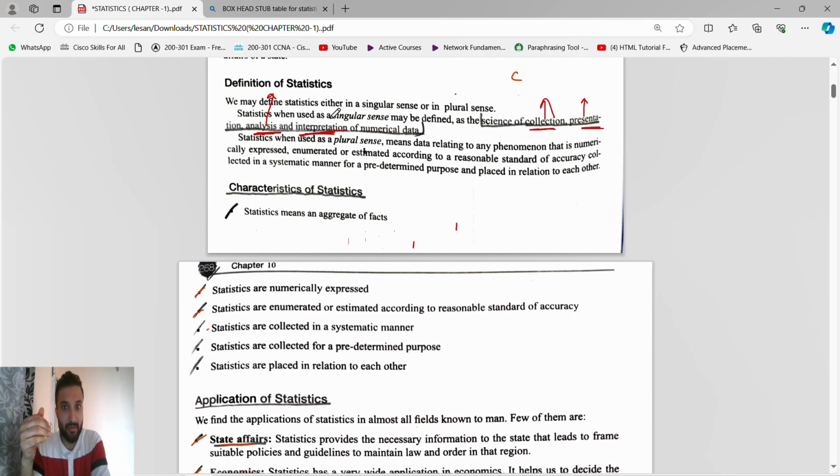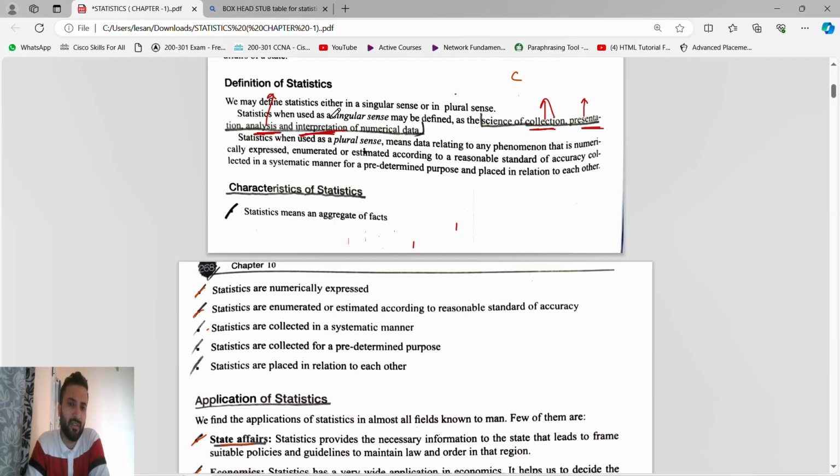You will do analysis: how far it is, how many days it will take, what budget it will come under. Because you have 4 days of holidays, and if you go to a far place, it is a waste. With 4 days of holidays you can go to a nearby place, enjoy 1 or 2 days, then come back. If in 4 days of holidays you went to Dubai, what will happen? Nothing, right? In 1 or 2 days, what will you visit? So according to the days you will plan, and then interpretation means you will go, enjoy, and come back. So this is stats.